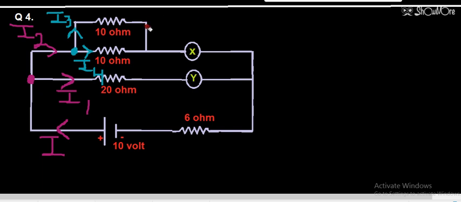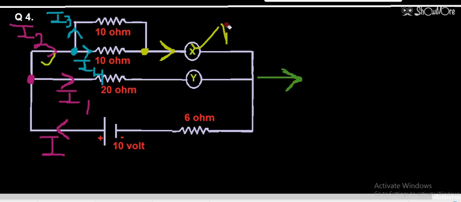So students, you can see from here, this resistance of 10 ohm will be in parallel with this resistance of 10 ohm. So in the next step I will combine these two, don't worry. Firstly, you have to identify the devices X and Y. So X is a device which will measure the current which is coming from this side. It will measure the current, that will be I2. I2 current will be flowing there. At this point I3 and I4 again combine, and the same current I2 will be flowing through device X.